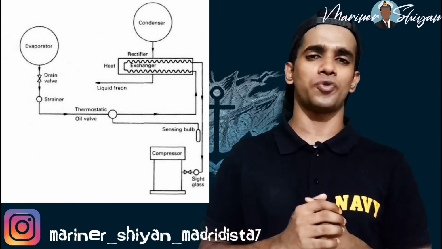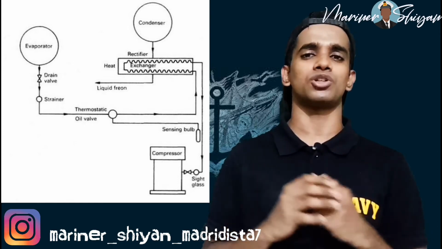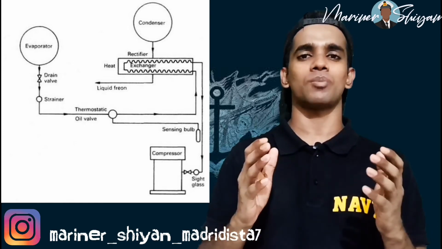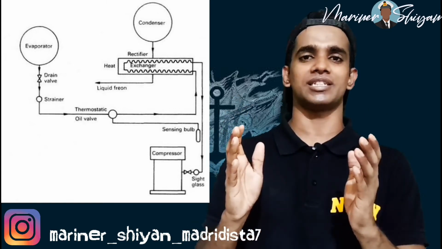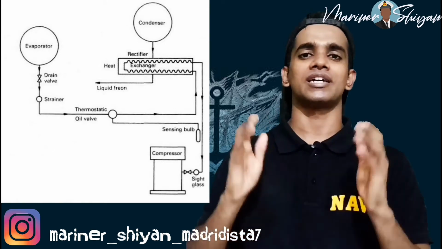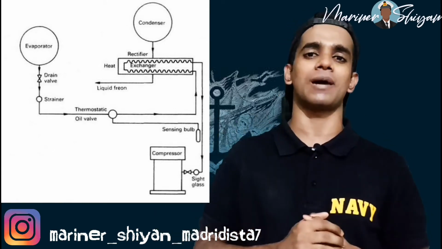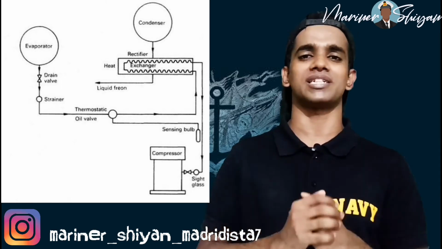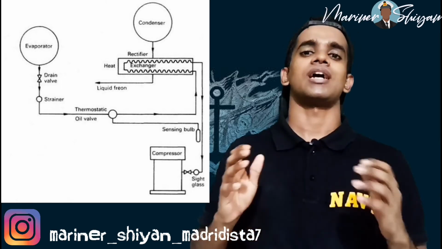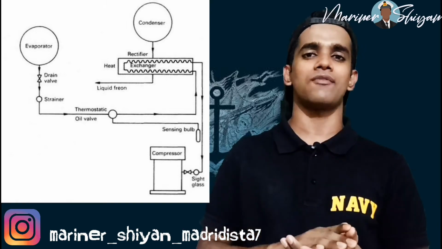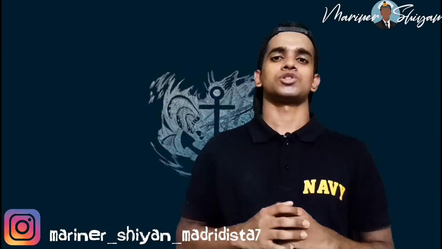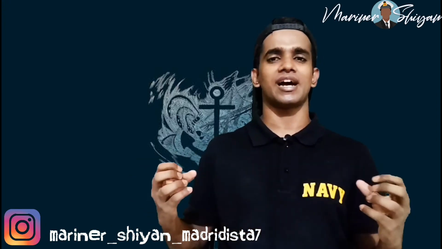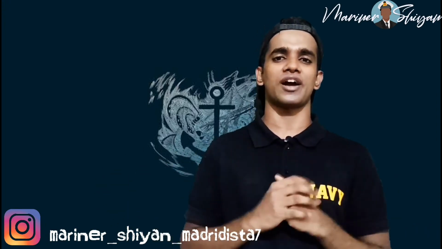To talk from a more technical point of view, you can say that the main function of the thermostatic oil valve is to bleed the oil automatically from the evaporator and bring it to the heat exchanger and leave the heat exchanger in a superheated vaporized gas condition to the suction of the marine compressor. So basically it measures the degree of superheat. And to add on to it, the thermostatic oil valve opens and closes as per the degree of superheat. That's why it is known as the thermostatic oil valve. So that's how the oil and the refrigerant are separated by using the oil rectifier system.